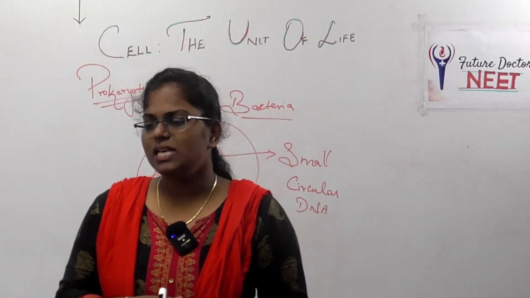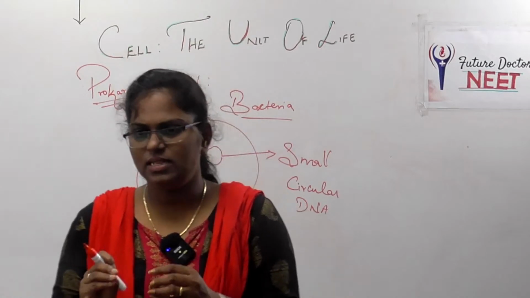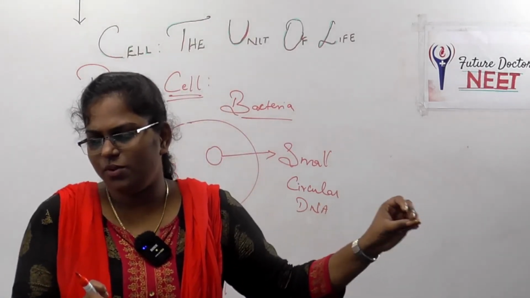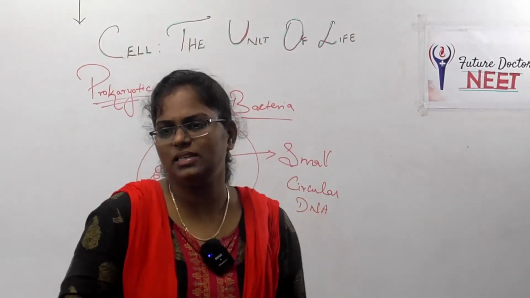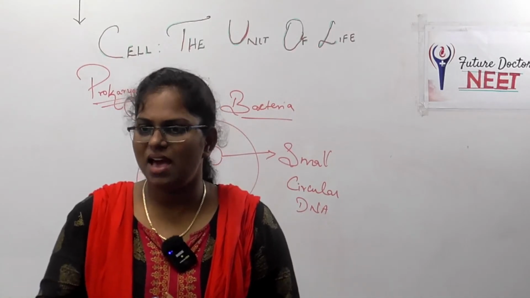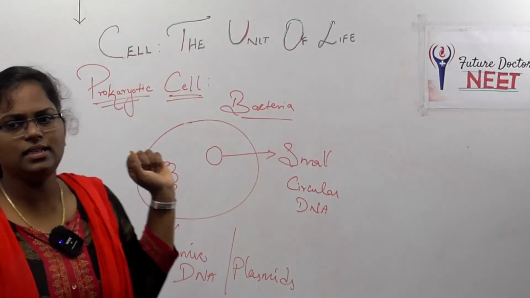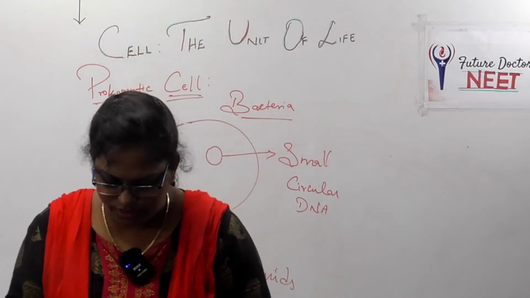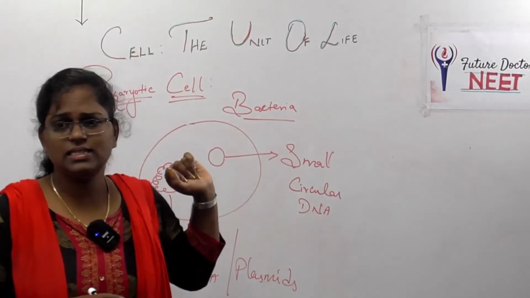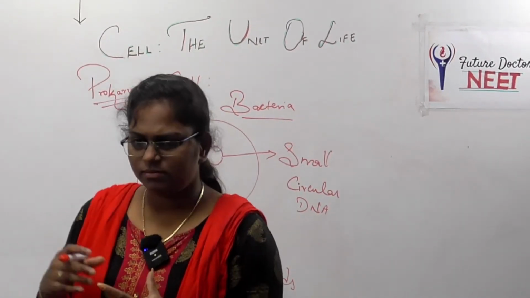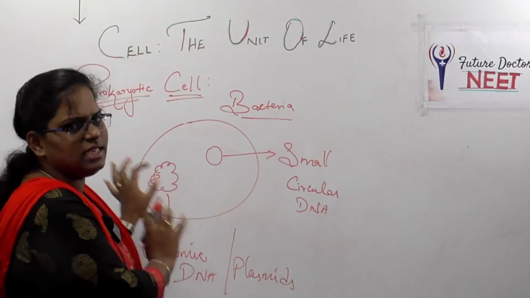And then prokaryotes have something unique in the form of inclusions. Just as some person will have a unique character that no one else has, in the prokaryotic cell we see a unique feature, that is inclusions. What are inclusions? What are the unique inclusions that a prokaryotic cell has? They are phosphate and other granules. These are all the inclusions that a prokaryotic cell has.